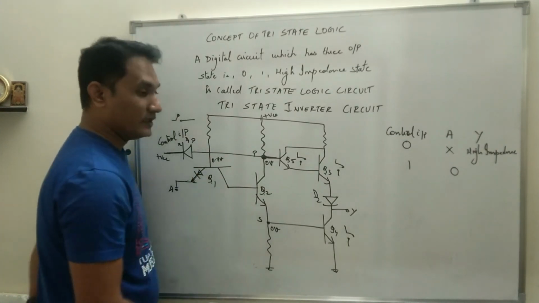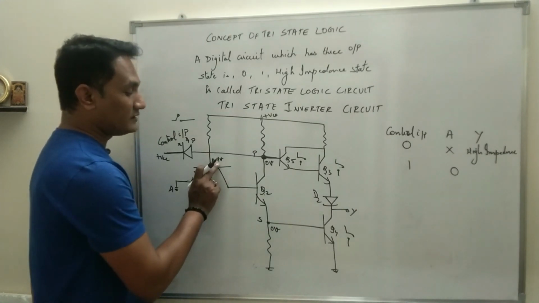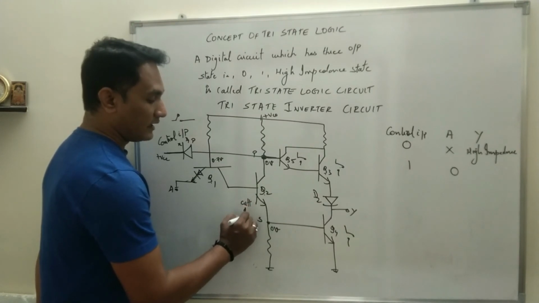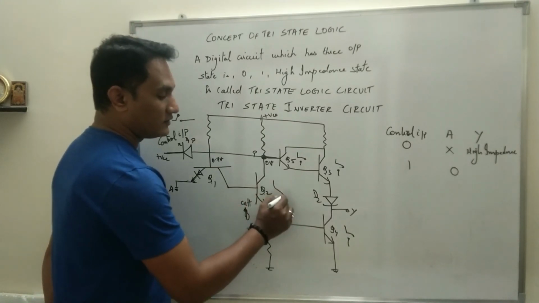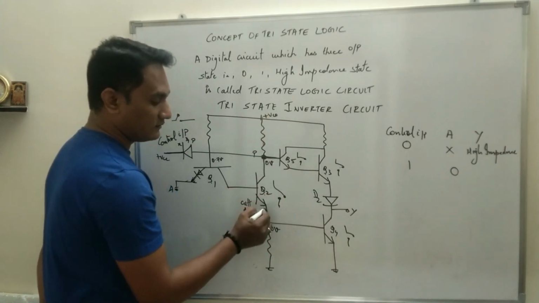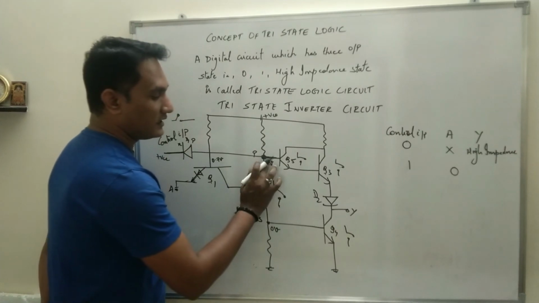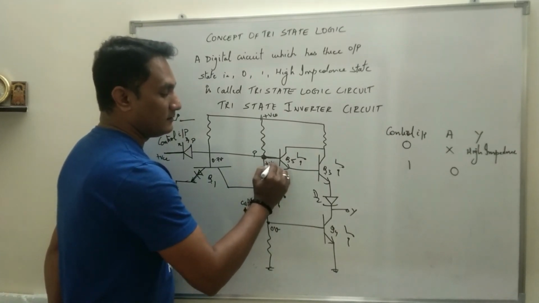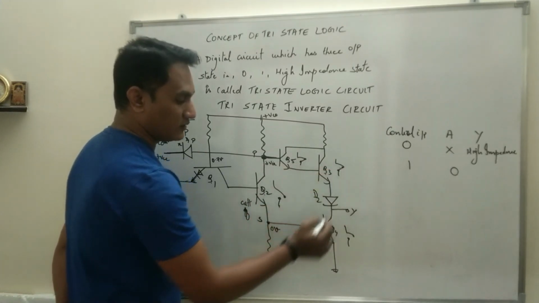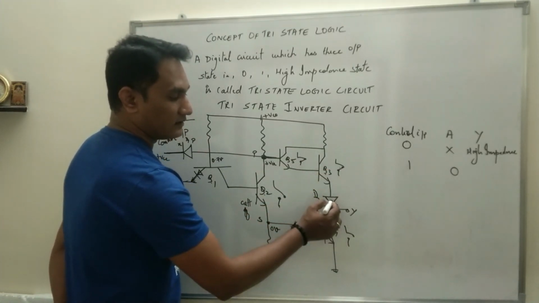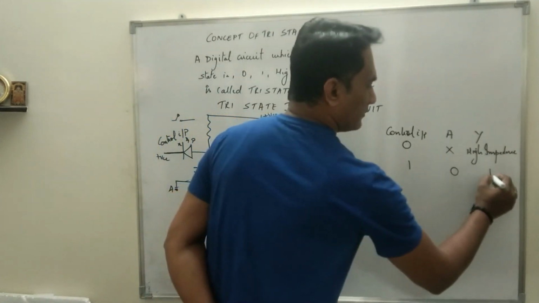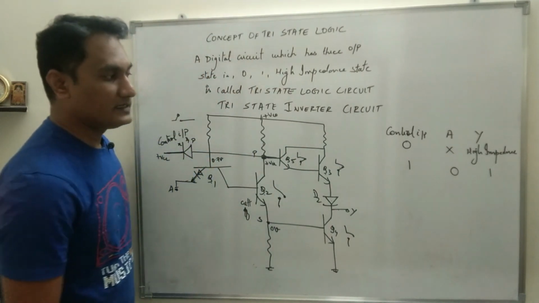If you consider it to be a silicon transistor, and this potential is 0.7 volt, it is not enough for Q2 to conduct. So Q2 will be in cutoff region, and when Q2 is in cutoff region, it acts as an open circuit. When it is open, P is connected to positive, S is connected to ground. So potential at P will be plus VCC, potential at S will be 0 volt, Q5 saturation, Q3 saturation, Q4 cutoff, and the diode will be forward biased. So Y gets connected to plus VCC, so Y will be equal to 1. So when A is 0, Y is 1.